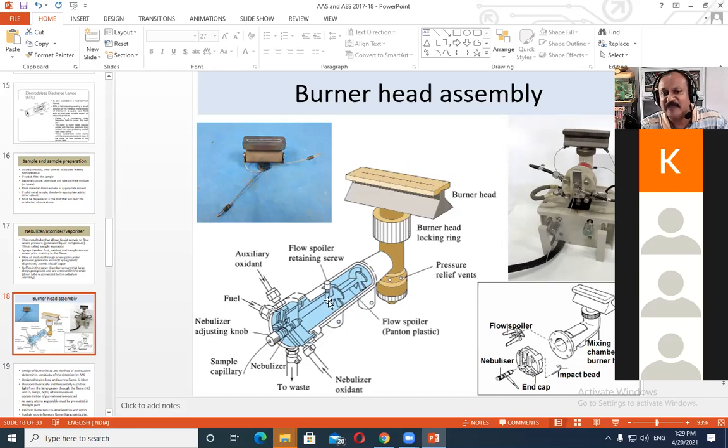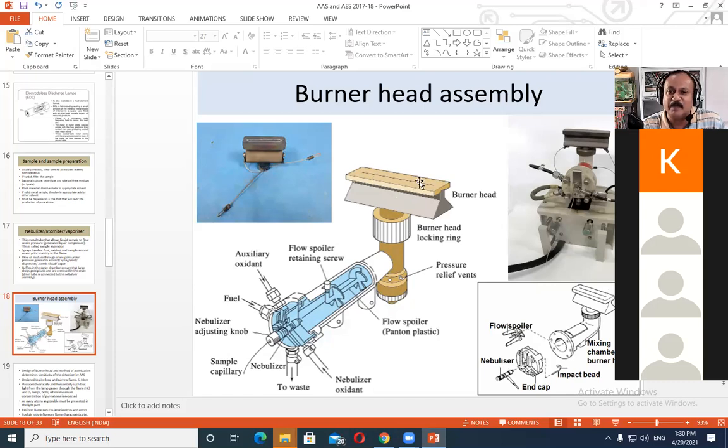There we have something called a baffler also. The purpose of using the baffler is that if there are any big droplets of water, these droplets will just fall down by gravity in the chamber, and then they will be drained away through a drain here. Can you see this drain? It is written "to waste" here. So that is the drainage where larger droplets will be automatically removed, and only the fine droplets will be carried further ahead, and then they will go into the flame.